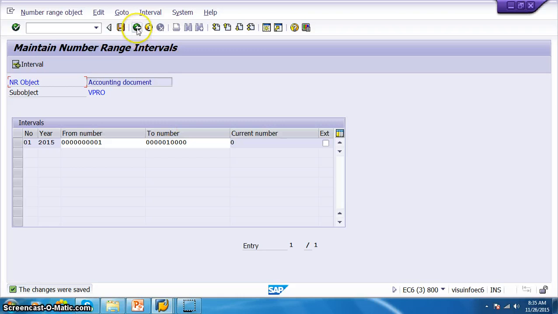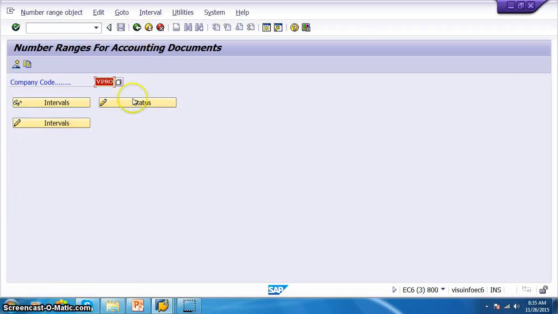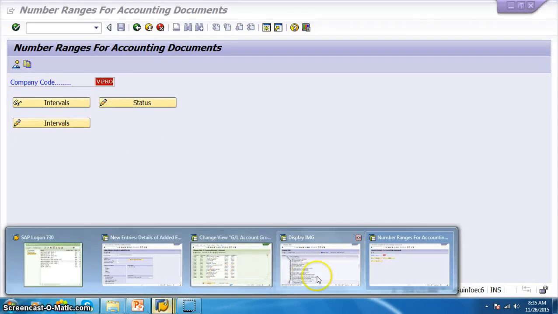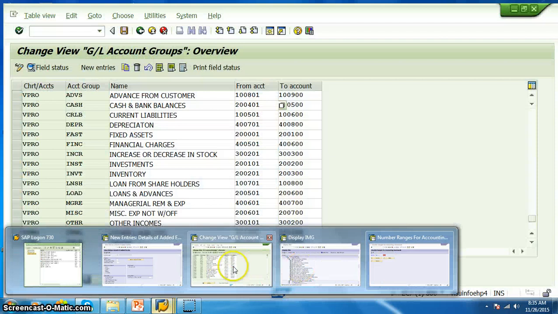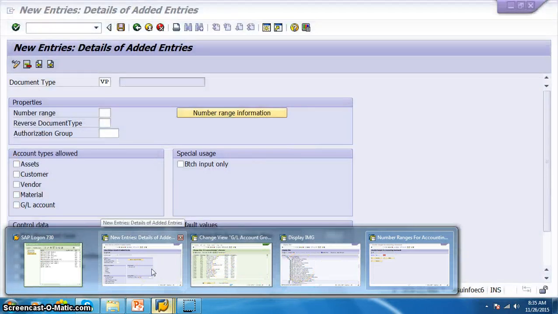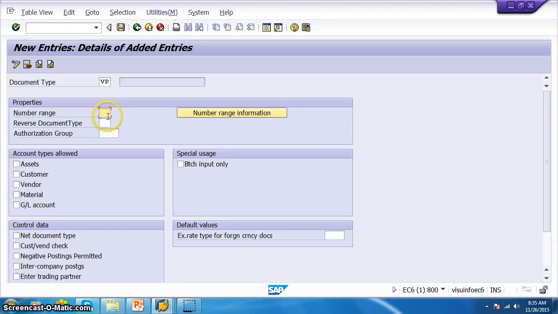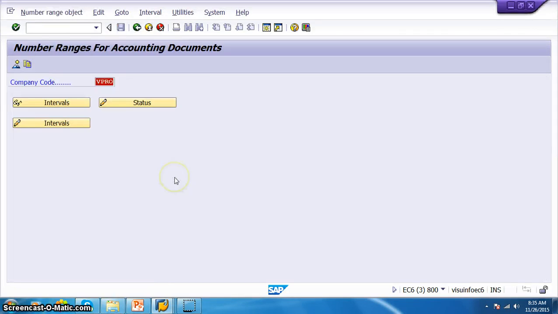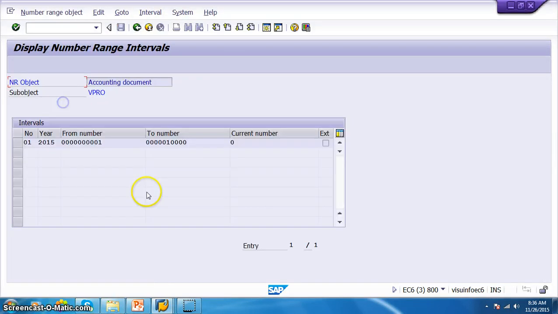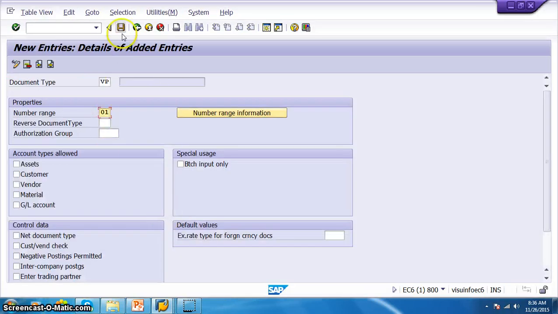And then once it's been done, VPRO is the company code, and then we have the number ranges here. Whatever number range we have now will be available here. So this number range name is 01. So if you see here, this is 01, so I'm assigning 01 here, VP, and save.